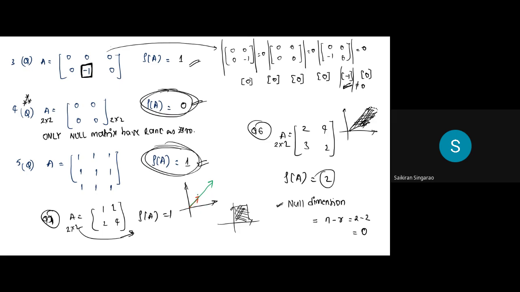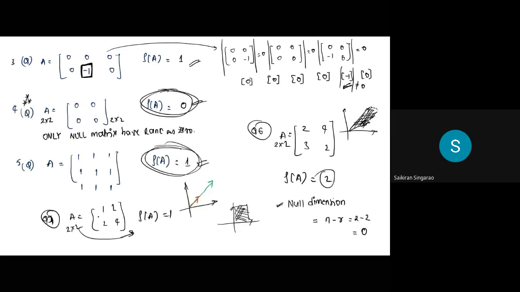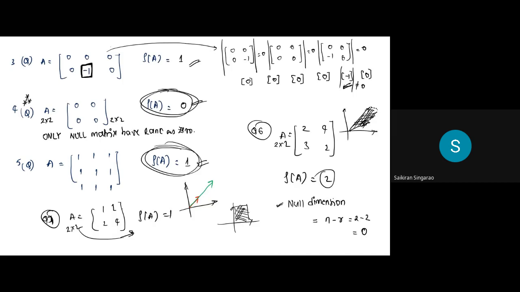Ideally, because it's a 2 cross 2 matrix, you would need a paper or a sheet or a plane. But that has been reduced by one dimension and only a line is required now. For this given set of vectors, it is not requiring a sheet. It is requiring only a single line. So from sheet to a line, how many dimensions has it lost? It has lost one dimension.